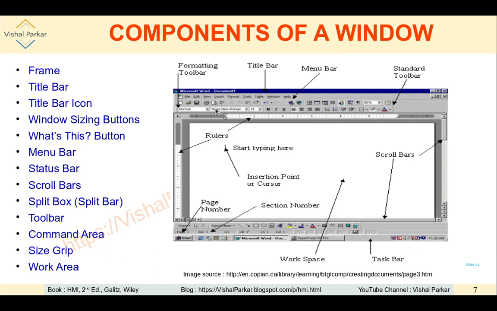Very important is the title bar, which is shown in a blue shade here, blue color, which is containing categorically three parts. The first and important is the title of that window. Which application or which file the application is working on may be presented here. That will be the title of that window. The title will identify either the application or sometimes the files which are open, or basically one file which is open with that particular application.